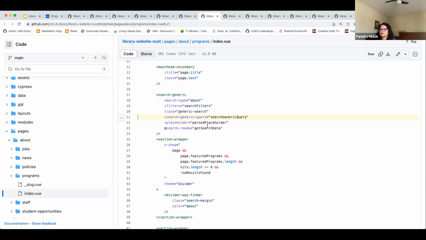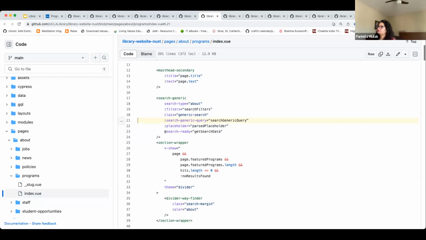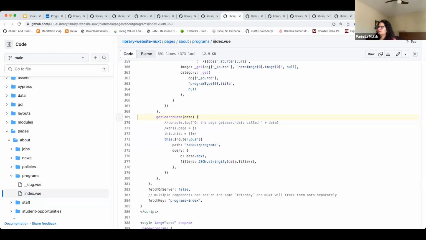And this triggers this method, the getSearchData method. This is just a Vue method in the options API that we have defined. And let's look at that method, what it does. So here we are calling the Vue router. As I had mentioned, Nuxt comes packaged with Vuex, Vue Router and vue-meta. So we can use the router to update routes on the pages as needed. And so here specifically, we're calling the push method,